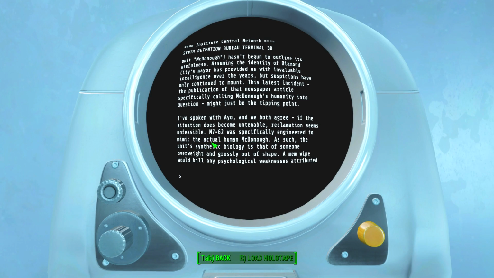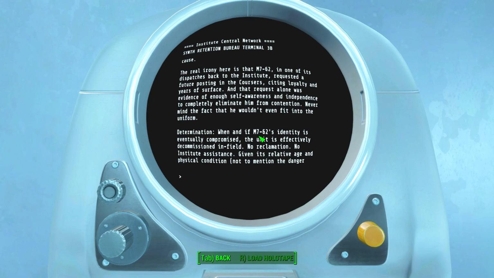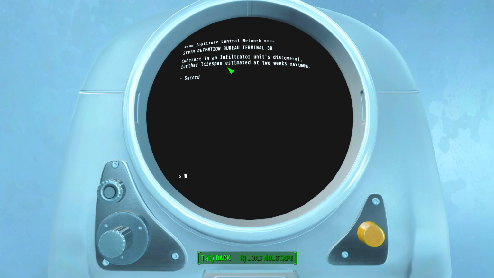M762 was specifically engineered to mimic the actual human McDonough. As such, the unit's synthetic biology is that of someone overweight and grossly out of shape. A memwipe would kill any psychological weaknesses attributed to the self-perceived old age, but the body is a lost cause. The real irony here is that M762, in one of its dispatches back to the Institute, requested a future posting in the Coursers, citing loyalty and years of service. That request alone was evidence enough of self-awareness and determination. When and if McDonough's identity is eventually compromised, the unit is effectively decommissioned in field. No reclamation, no Institute assistance, given its relative age and physical condition, not to mention the danger of inherent...